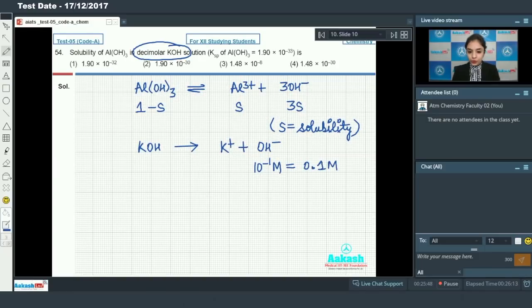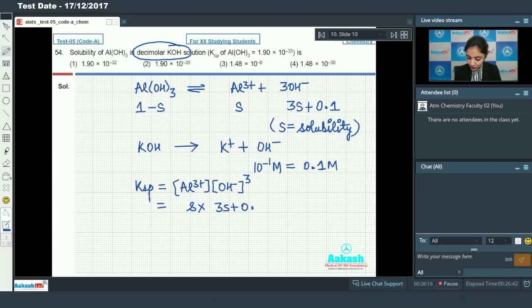So in the above equation also it will be 3S + 0.1. Now write down the expression for Ksp. It will be equal to the concentration of Al³⁺ multiplied by the concentration of OH⁻ cubed, because the stoichiometric coefficient of OH⁻ is 3. So for Al³⁺ the concentration we have is S, into (3S + 0.1)